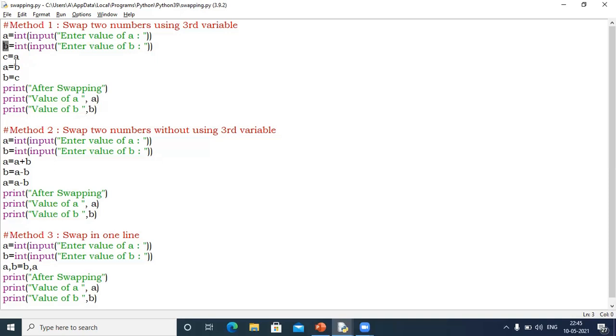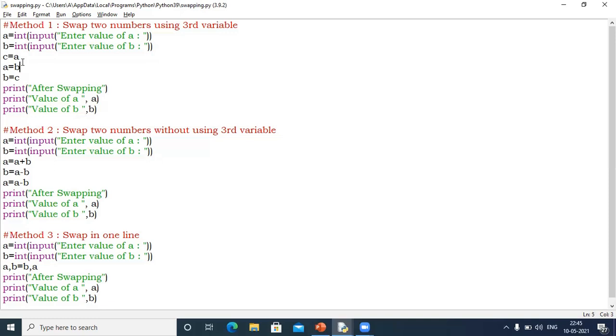Now in one variable, we can store only a single value at a time. Suppose the value of A is 10, and as soon as I put another value in variable A, like 20, the value 10 will be overwritten. So it means in variable A, I can store only a single value, it can be 10 or 20. Initially the value of A was 10, and as soon as I put another value in variable A, the previous value will be overwritten.